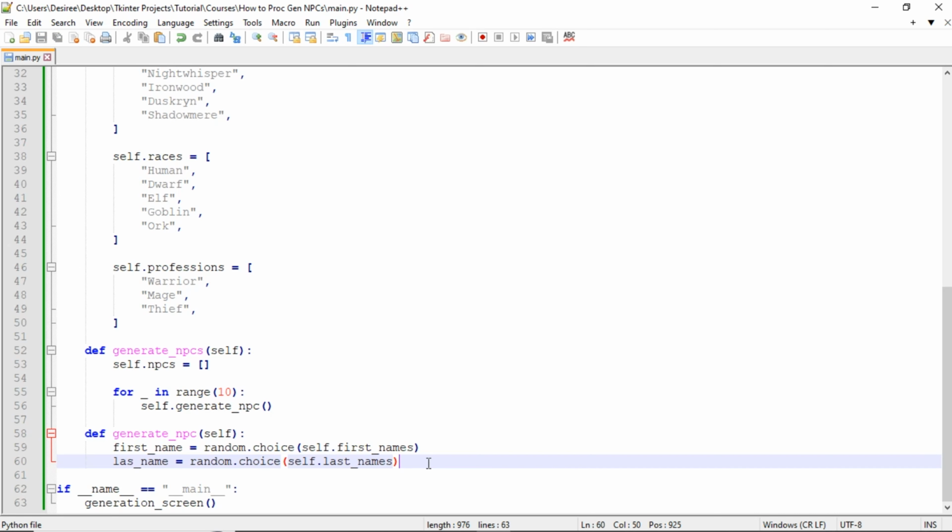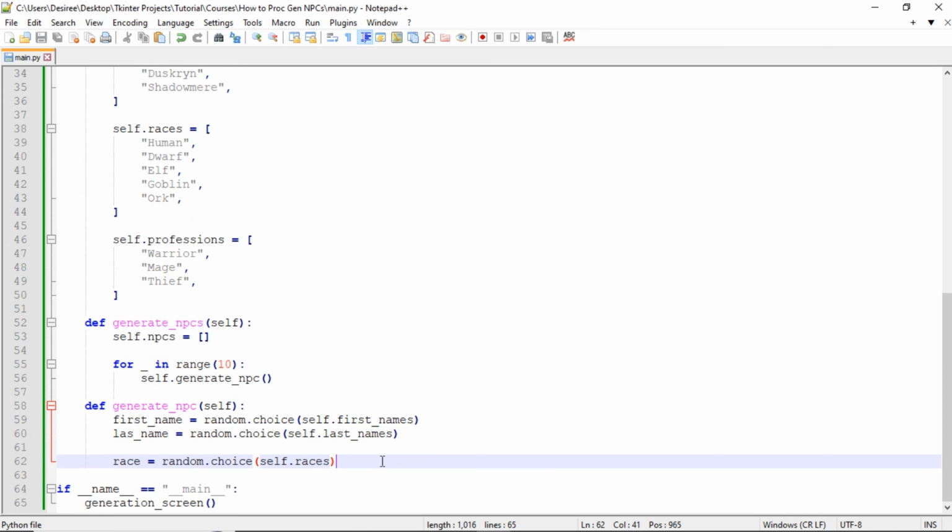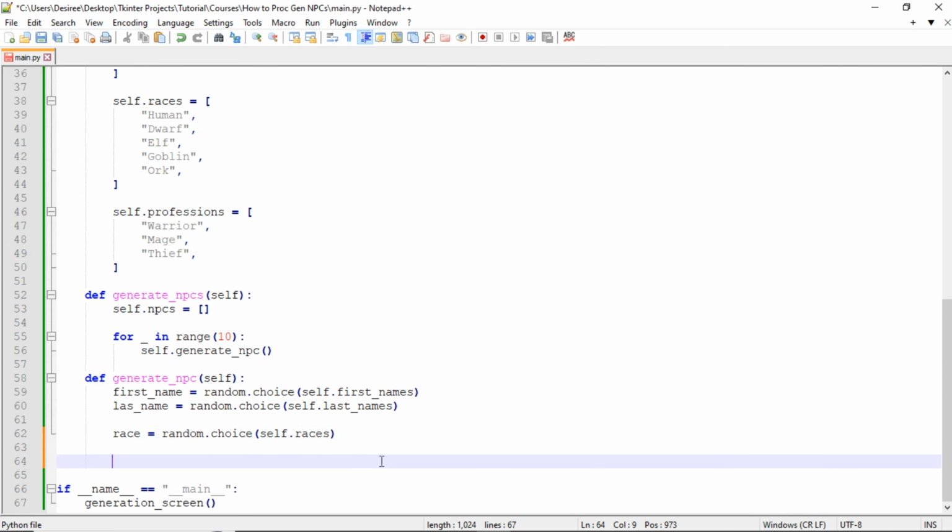last_names. Then we'll randomly select a race. So we do race is equal to random.choice self.races. And then finally we'll select a profession. So profession is equal to random.choice self.professions. Okay. So the names, race, and profession are now going to be passed into an NPC class object, which